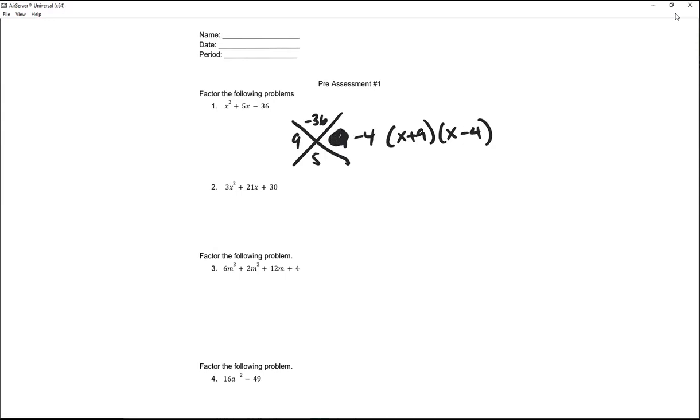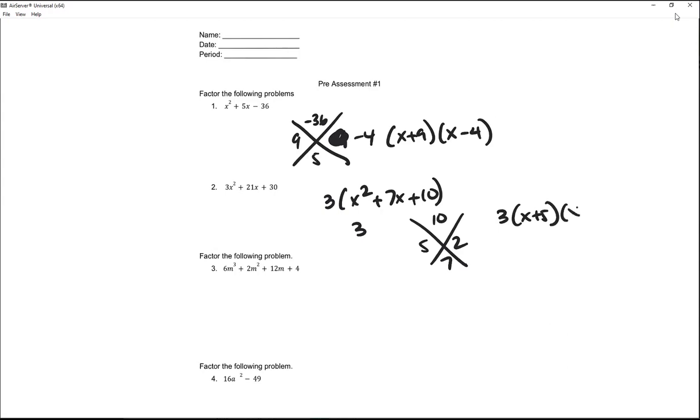All right, number 2, you factor out the 3 first. It becomes X squared plus 7X plus 10. So this becomes the X method here, 10 and 7, which is 5 and 2. So it will be 3 and then X plus 5, X plus 2. Remember, you're just factoring, you're not solving right now. Okay. Number